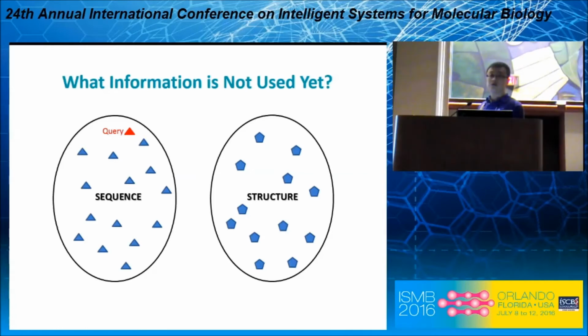Suppose I put all the protein sequences in a space, and in order to do that, I need some sequence similarity matrix, and we will talk about that later. But for now, just assume we have a sequence similarity matrix. And then I can form this protein sequence space, which also contains my query sequence. And similarly, if I have a structure distance matrix, then I can define a three-dimensional structure space that contains all the protein three-dimensional structures.